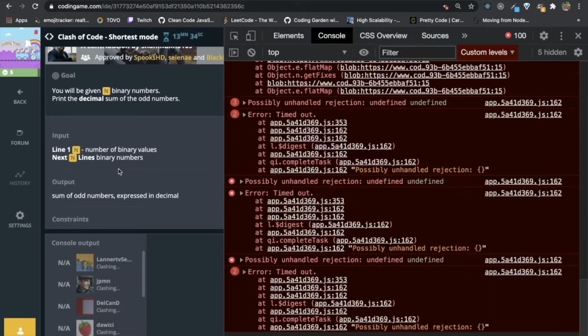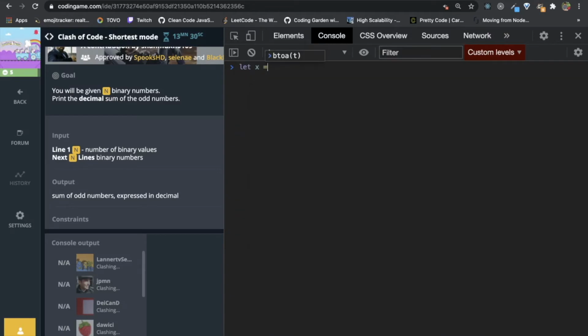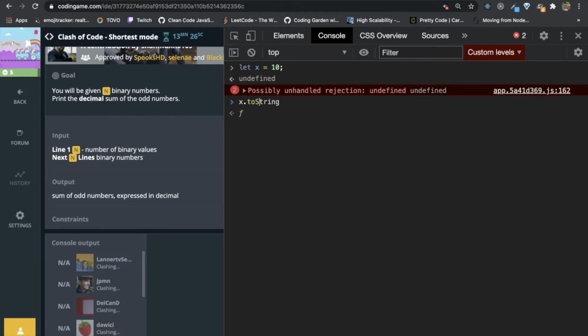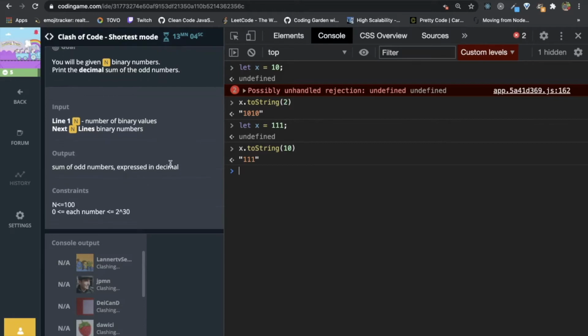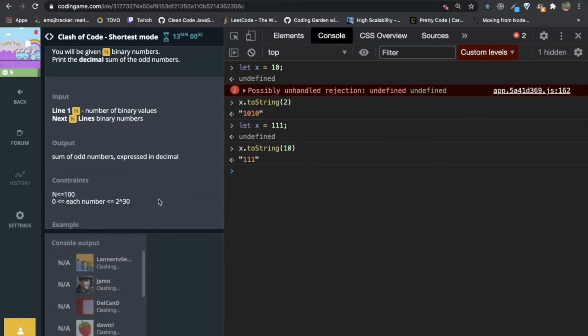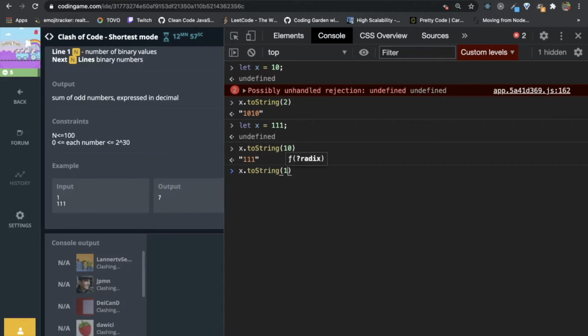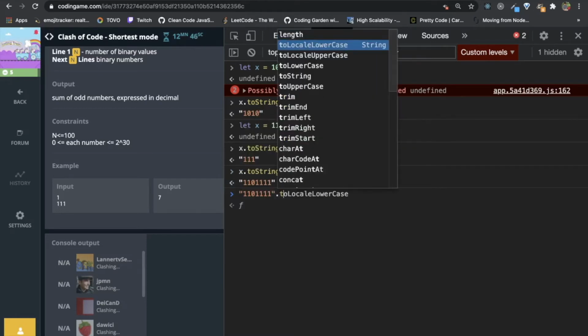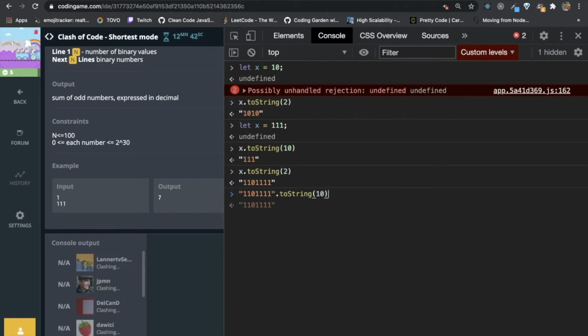Let's check for 510 toString, it will give me decimal, and suppose I have 111 toString.